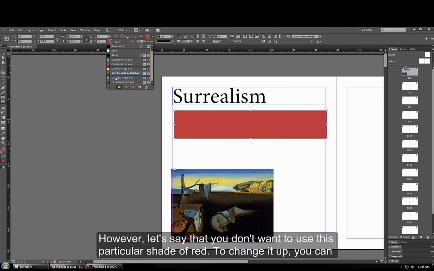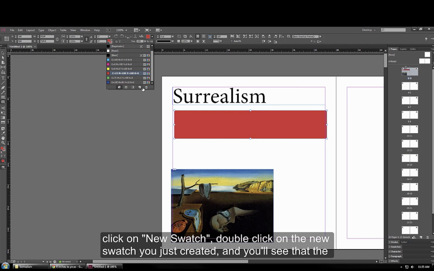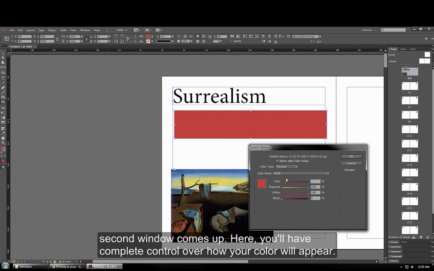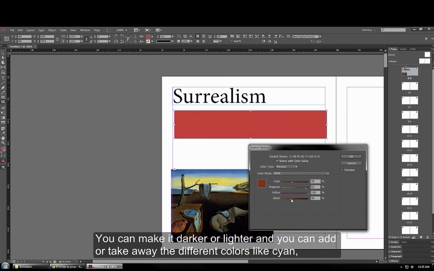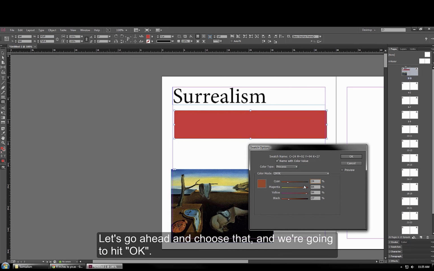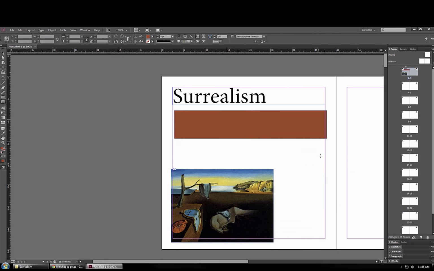However, let's say that you don't want to use this particular shade of red. To change it up, you can click on New Swatch, double click on the new swatch you just created, and you'll see that this second window comes up. Here you'll have complete control over how your color will appear. You can make it darker, lighter, and you can add or take away the different colors like cyan, magenta, yellow, and black. So let's say we want more of an orange red. So let's go ahead and choose that. We're going to hit OK. And now we've changed the color for our